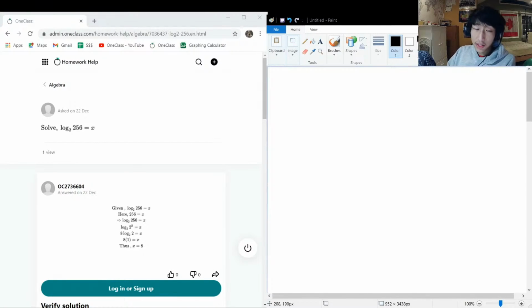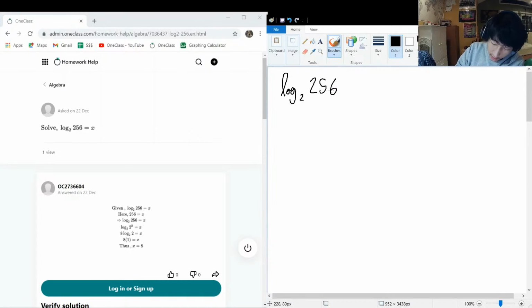Okay, so the next question that we have on the menu today is asking us, solve logarithm base 2 of 256 is equal to x. Okay, so let's write this a little bit bigger here. Log base 2 of 256 is equal to x. Another way that we can kind of think about what this really means, because sometimes it's difficult to think about logarithms,